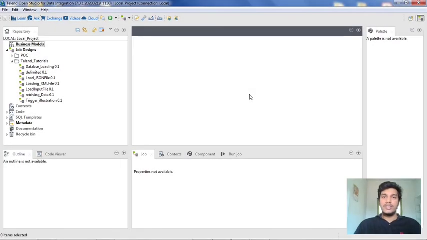Till now we have seen how to extract data from several delimited files, XML files or JSON files, and also how to load such data by extracting it from delimited files and loading it into a database. We have also seen how to create metadata in the repository and use such metadata schemas in many components in the same job. And we have seen how to create database connections, metadata and all.